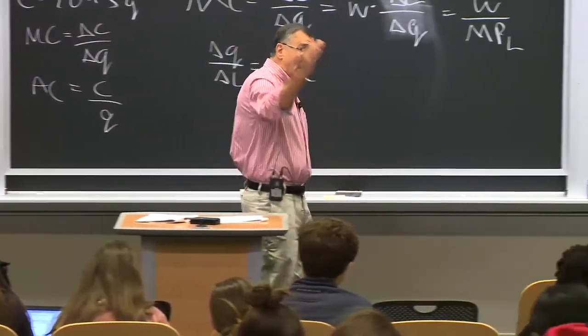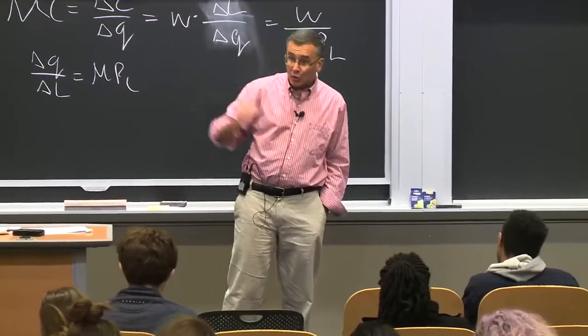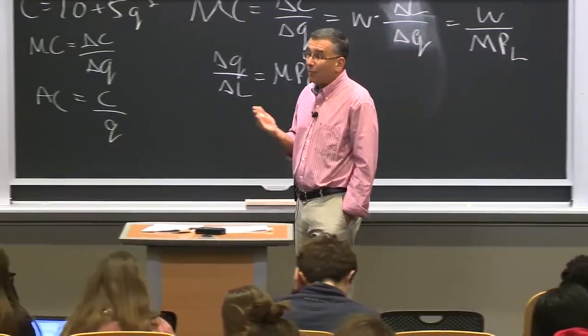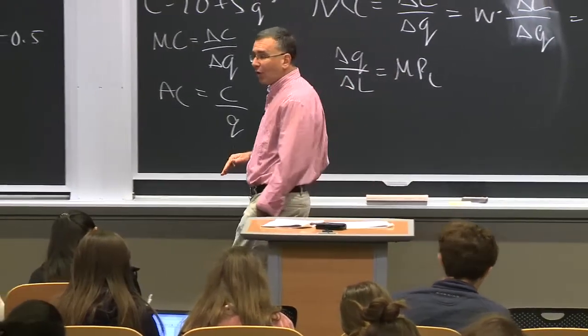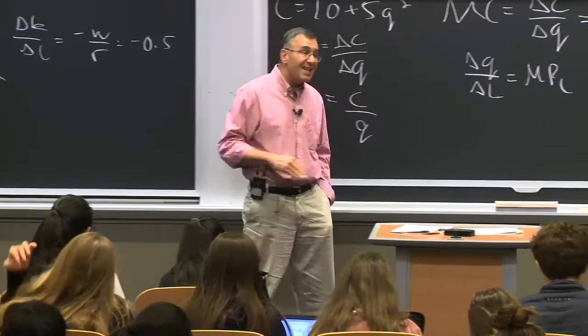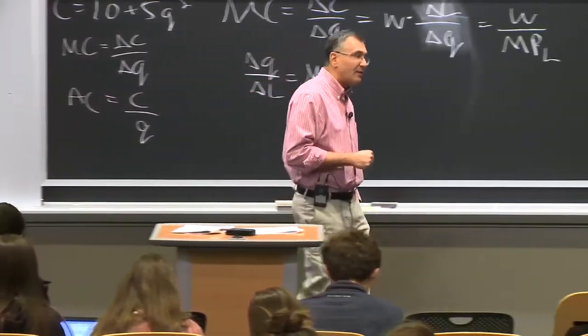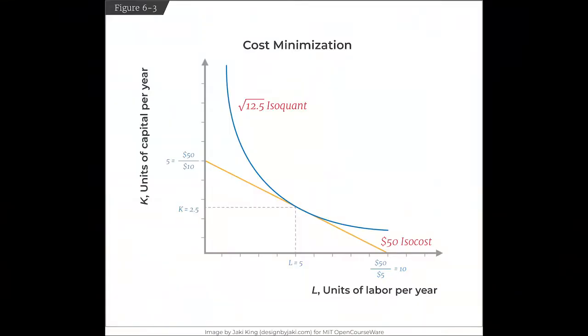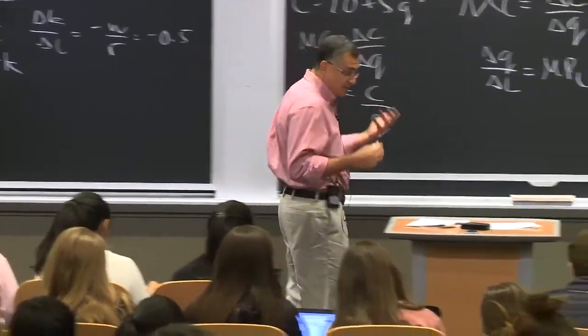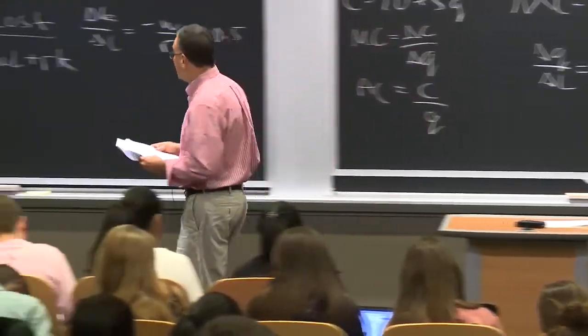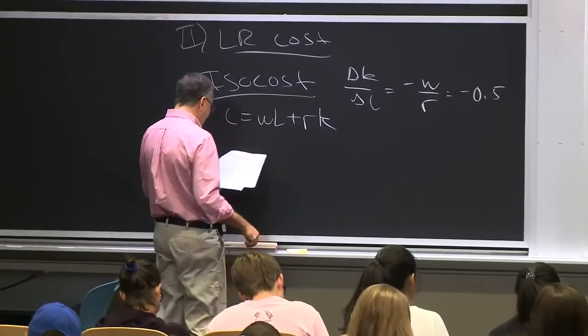And as we said, the further out the isoquant, the more you can produce. So you want to produce as much as you can, given the prices you face in the market. Well, those prices you face in the market are delivered by the isocost curve. So the tangency is the cost minimizing point. That's when you're producing the most you can, given the costs you face in the market. And that tangency condition, considering our parallels to consumer theory,